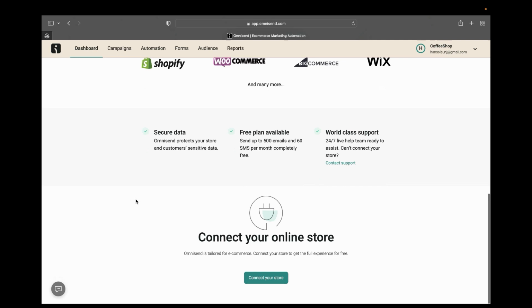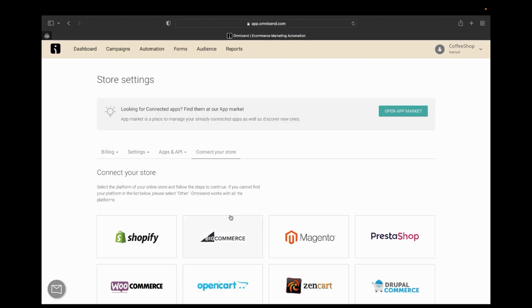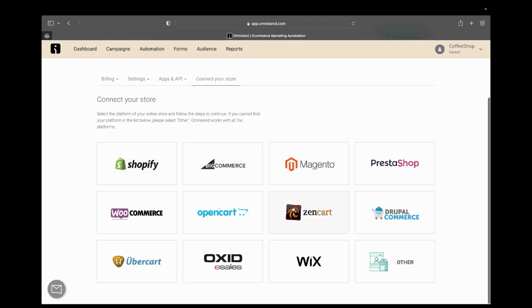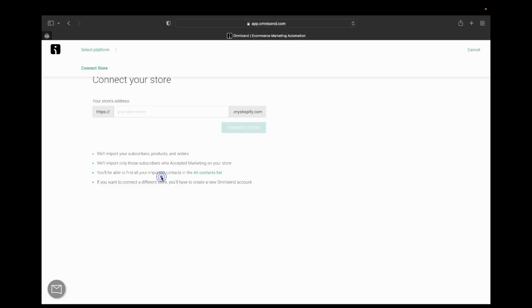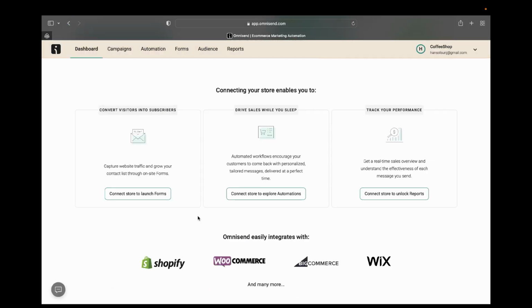So if we scroll down here, over here you can connect your store. When you click connect, this is where you can connect your store. So if you're using Shopify, BigCommerce, you can just pick what kind of platform you're selling from, and then if you're using Shopify, you can just click Shopify, put in the link of your store, and then you can just connect it, and it's going to be easy, simple. Okay, let's go back. Another thing before we go ahead and create our campaigns, these are the advantages that you're going to get